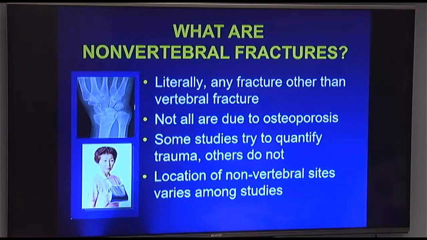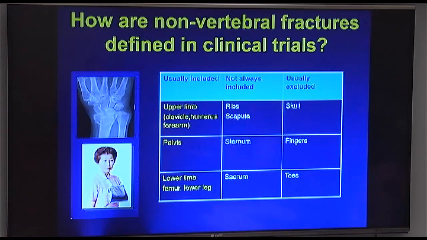So literally, any non-vertebral fracture is a fracture that doesn't include the vertebral spine. But that's really not true when we're talking about clinical trials. We've talked about traumatic versus non-traumatic, and that's still often not clear, but most of the clinical trials define it as a fragility fracture, not all comers. So again, when you're reading papers about these clinical trials,